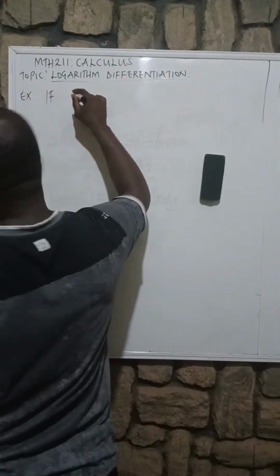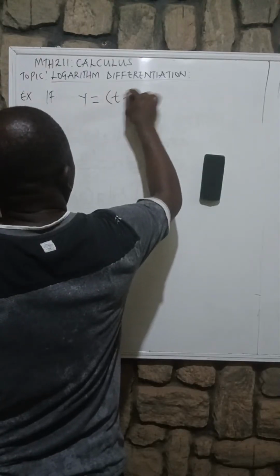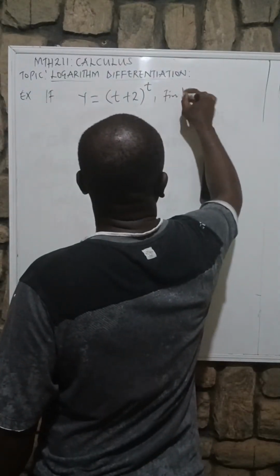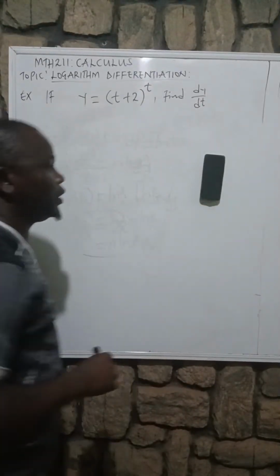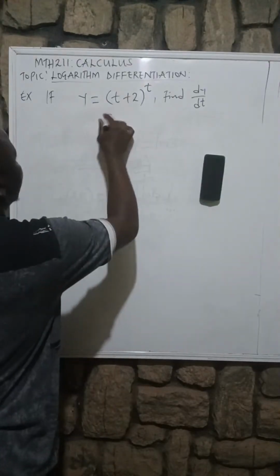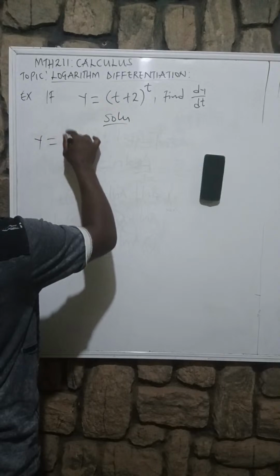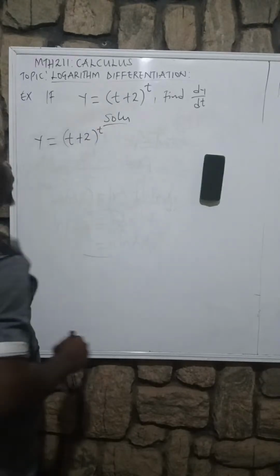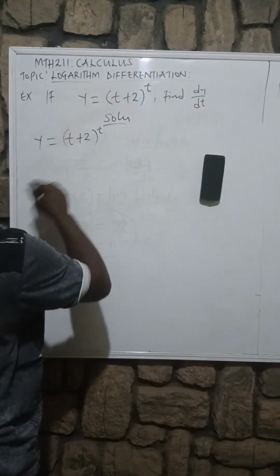If y equals to (t + 2) raised to the power of t, and we say find dy/dt, it is simple as ABC. Is that clear? So what you will do is you write solution, then y is equals to (t + 2) raised to power t. So you take log on both sides. Is that clear? When you take log on both sides,